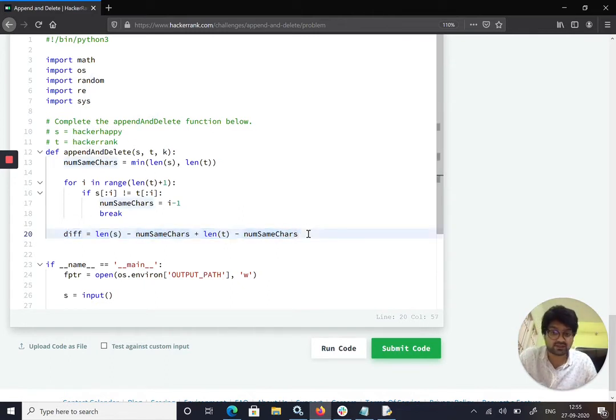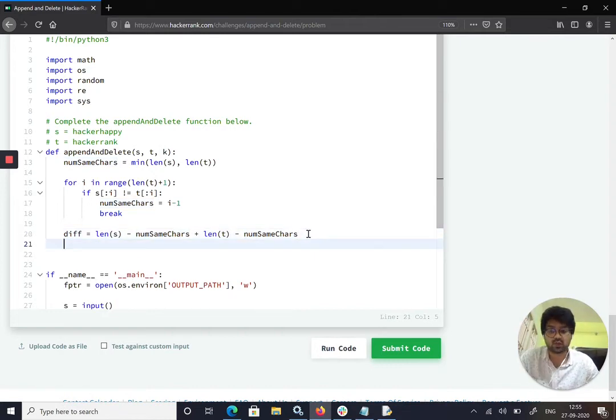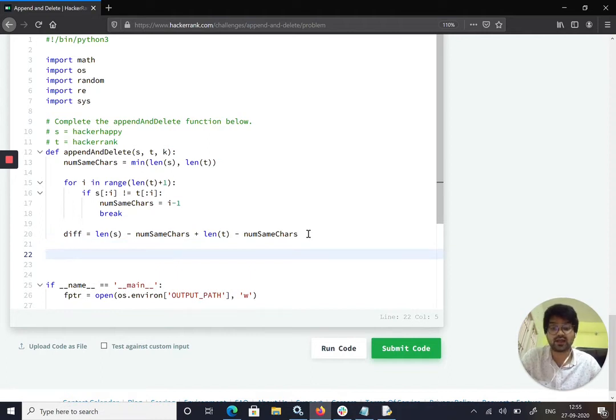Now we have the difference from the number of same characters. Now we need to return a value, yes or no, based on conditions. Let's do it with a simple if.